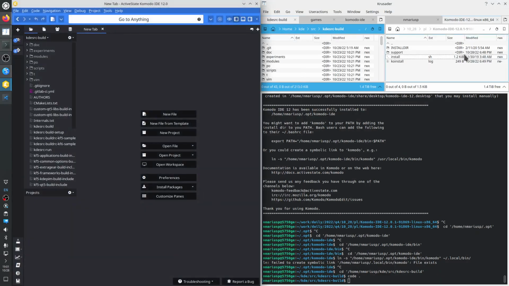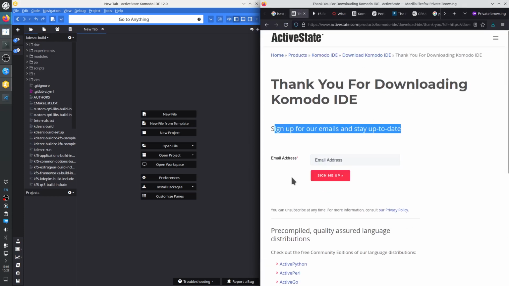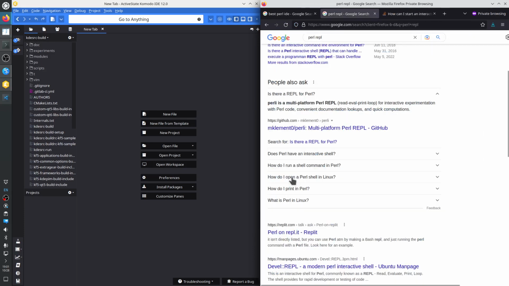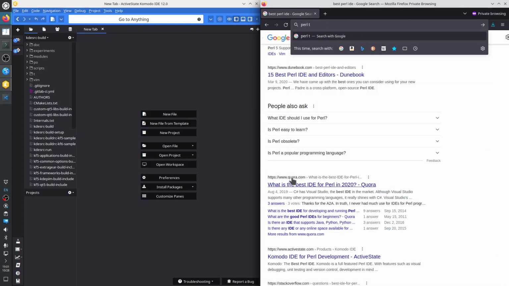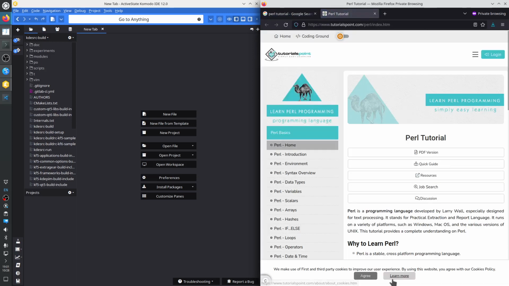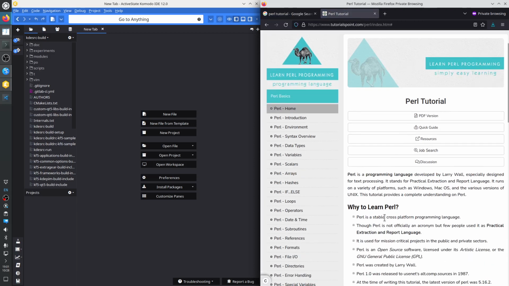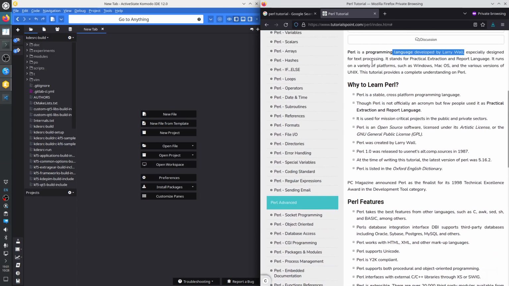Okay, let's create our first file and edit that. But we don't know the Perl programming language, so we need a tutorial. Perl tutorial. Okay. Let's see what this thing does. So programming language developed by Larry Wall is